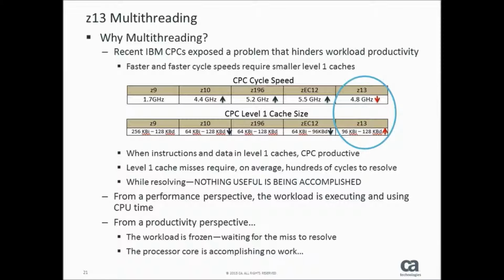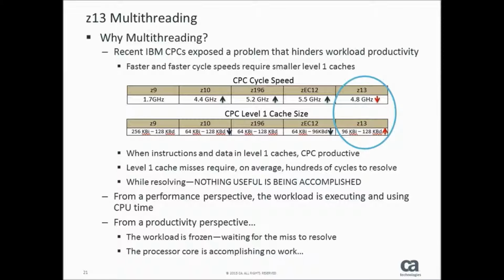But each one of these chips also has something called a level 1 instruction cache and a level 1 data cache that's attached right to the chip. And when your program is running, or your TSO session, when you're dispatched and you're actually making use of that chip, programs need the next instruction, and they need the next piece of data. And they always get that information from the level 1 cache. If it's not in the level 1 cache, it needs to be obtained from elsewhere in the cache hierarchy or real memory. But it needs to get placed in the level 1 cache,